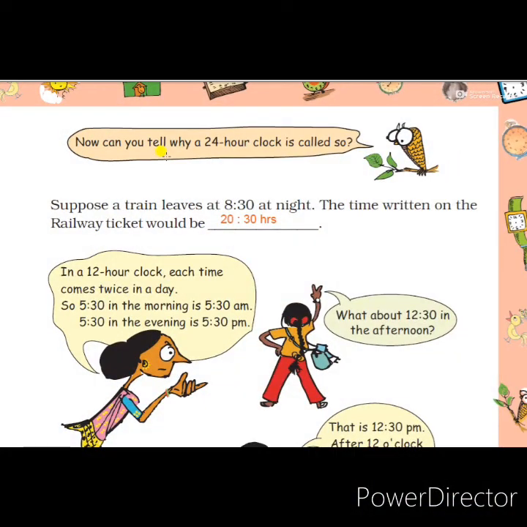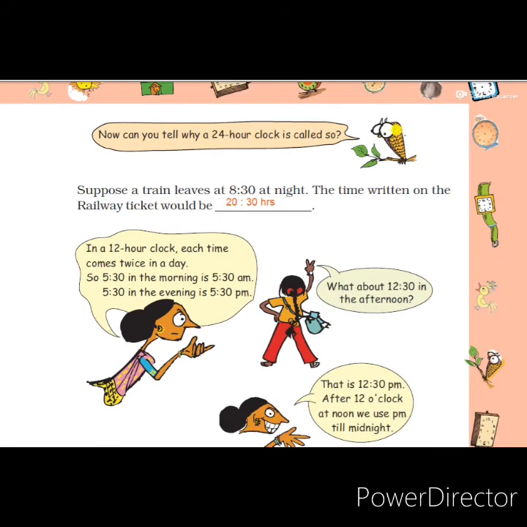Now we are moving to the last page of this chapter, page number 51. Students, we explained about the 24-hour clock. Now the question is asking, can you tell why a 24-hour clock is called so? Because in the 24-hour clock the number division is not only up to 12, it is given up to 24 hours. That means the full hours of the day are given. So it is called a 24-hour clock. The time is used continuously. After 12 o'clock they use 13 hour, 14 hour and up to 24 hour. So it is called the 24-hour clock.